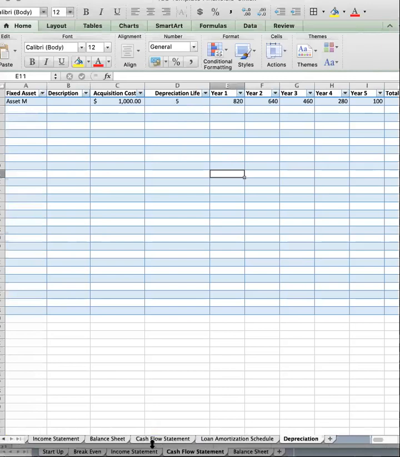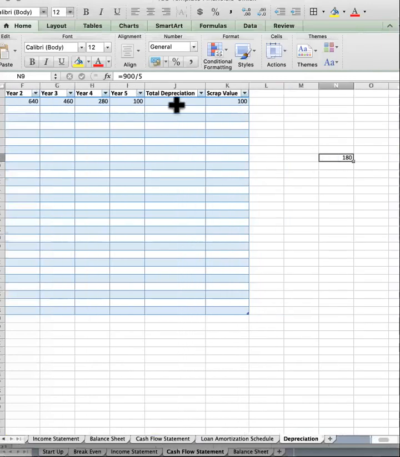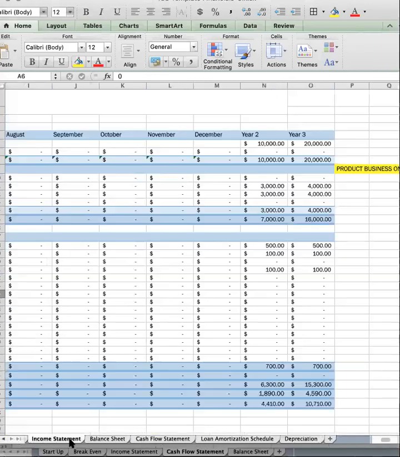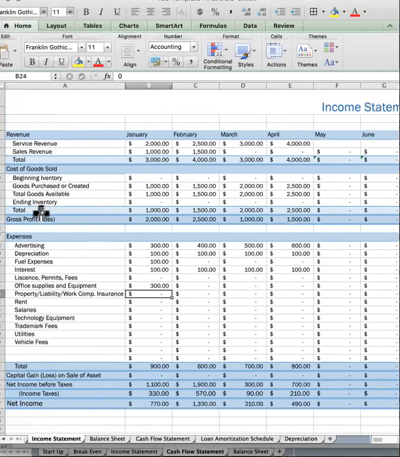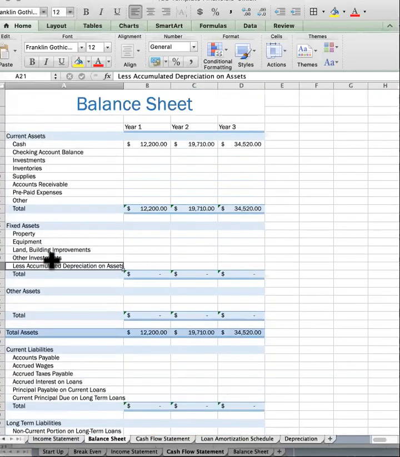Now the depreciation expense that you'll be recording on your income statement and showing in your balance sheet will be that $180 for asset M per year, plus however many other assets you have listed here. You can just group them all together on the depreciation expense on the income statement and the less depreciation row on the fixed assets in the balance sheet. Okay,